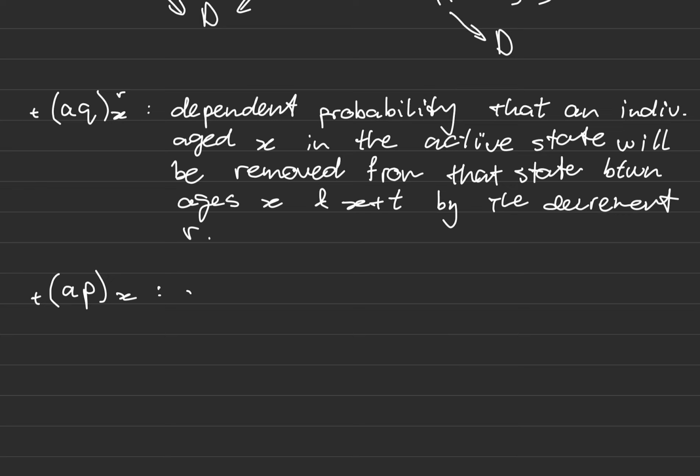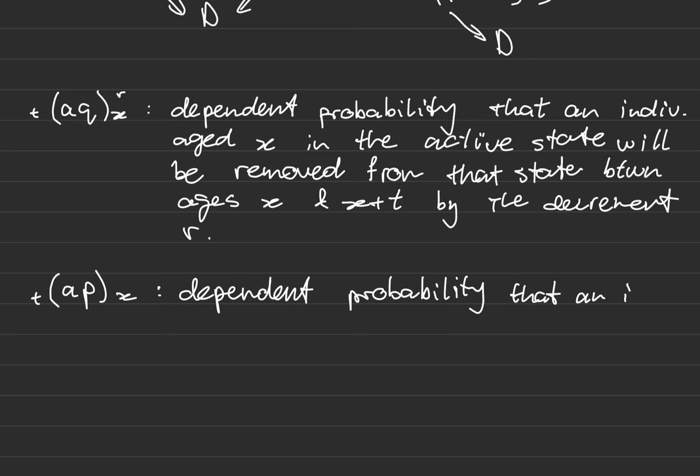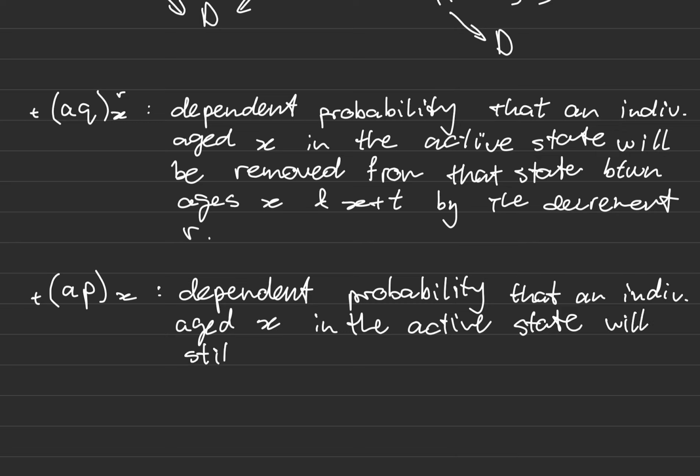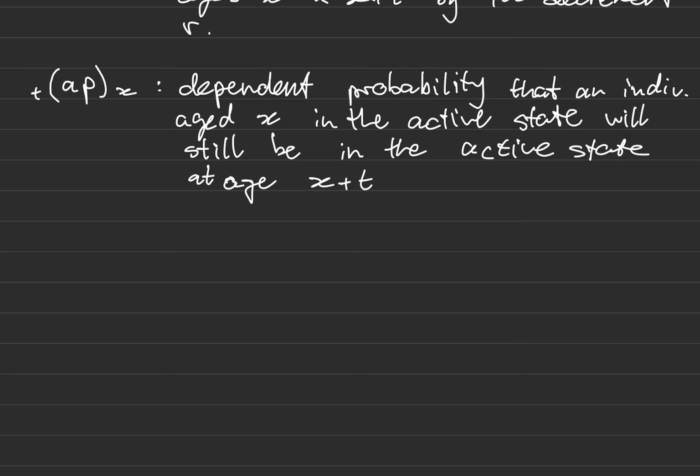And this is the dependent probability that an individual aged X in the active state will still be in the active state at age X plus T. Okay, so using a very similar logic,